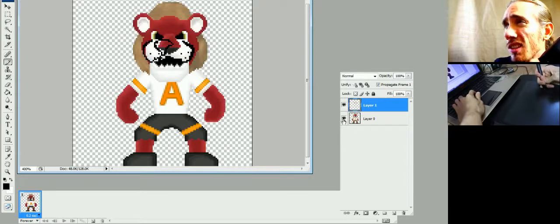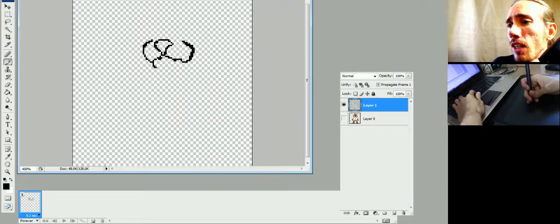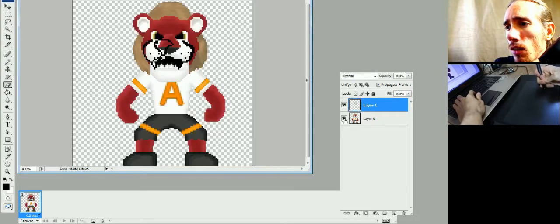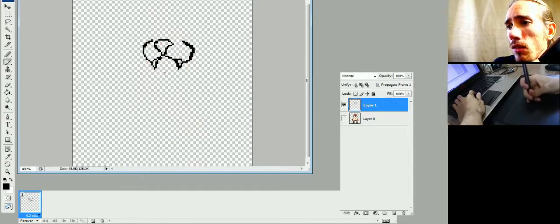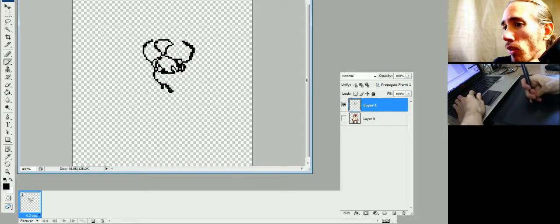So right now I'm just experimenting a little bit, roughing things in. I don't really know which way to take it at the moment. I'm just seeing what works, what doesn't work. So the character has teeth and stuff. I'm just playing with it, seeing how things shape up, if it looks good, if it doesn't look good. If it doesn't look good, I could always change it. It's pretty simple to change things